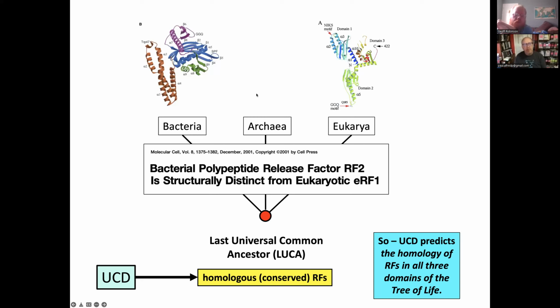In this case, if you look at these two release factors, can you see my mouse right now? Yes, I can. This GGQ motif, those are 3 amino acids right there. Its corresponding active site, so to speak, is over here in this protein. But these are different. They're as different as a 4-cylinder engine is from a Wankel in terms of the overall geometry of the fold. So you can't superimpose them on each other. No, they're not topologically congruent.